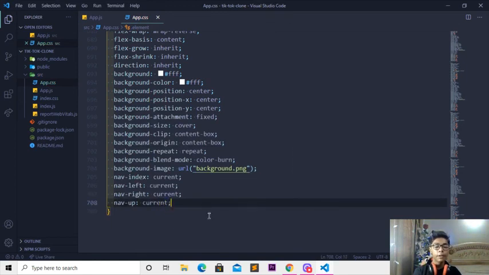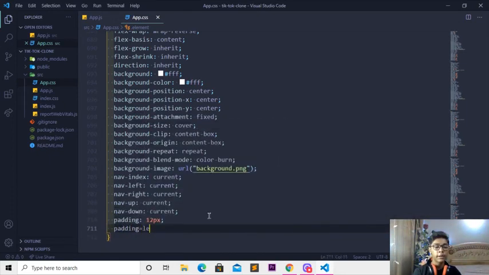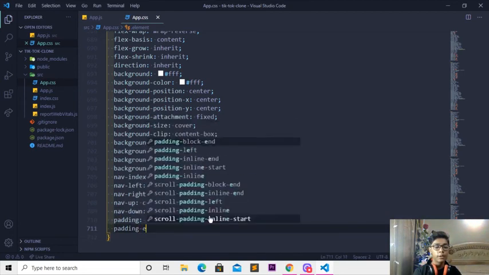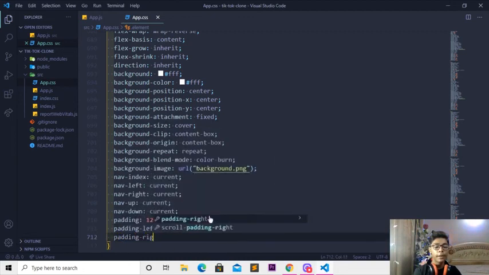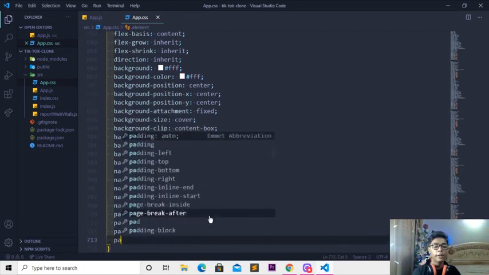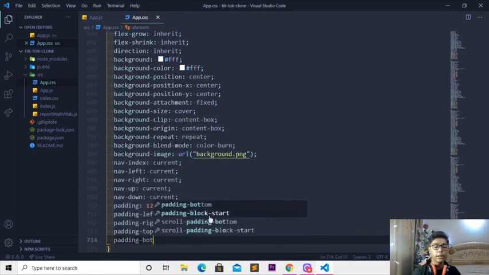And when you've done that, I'll be writing nav down, which should be current. So when you're done with that, I'll be writing padding 12 pixel, create that to like padding left. So I'll be writing that here, which should also be 12 pixel. So when you're done with that, I'll be now writing padding right 12 pixel. And here I'll be writing padding top, which should also be 12 pixel, and changing that to like padding bottom